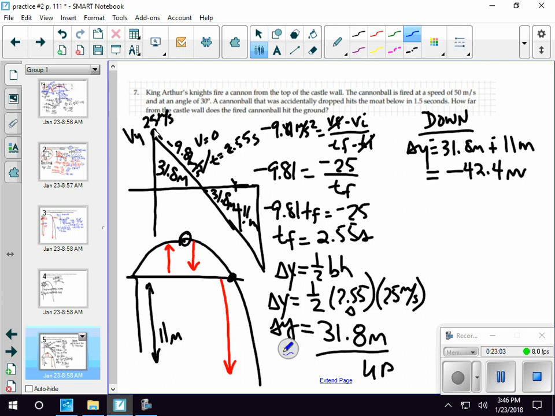Otherwise, we're going to end up doing a quadratic equation, which math teachers like, but I don't really care for doing. Neither do you, usually. All right, so from there to there is 2.55 seconds. From here to here, I don't know. That's something, right? Now, what we could do is we could say that this is TF,